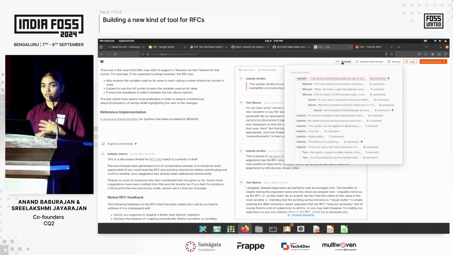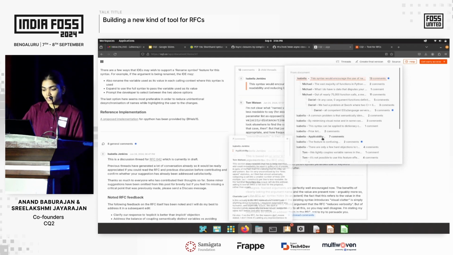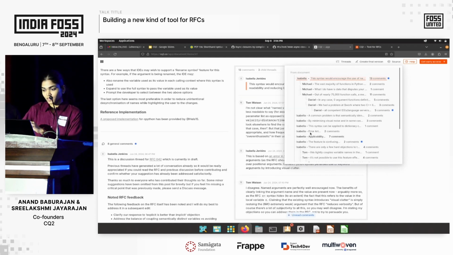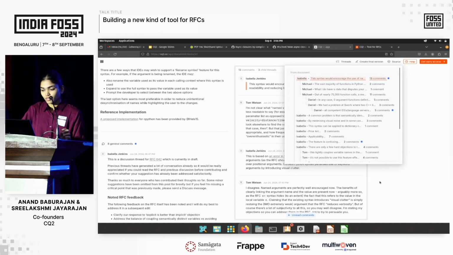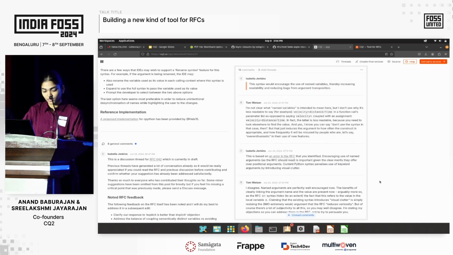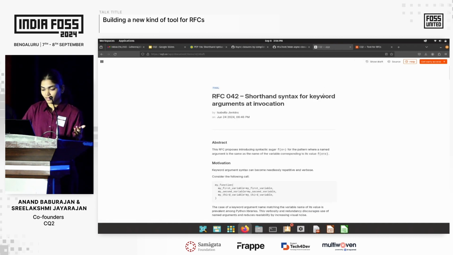When the discussion gets increasingly complex, we'll have more threads. So navigation is easy with this tree feature. You can navigate to any thread, and you can see where the unread threads are and just open those threads and visit them. So that was about the demo. And after concluding the threads, you can publish a final version, which is over there. So create a final version by incorporating the changes from the concluded threads. And more about CQ2.